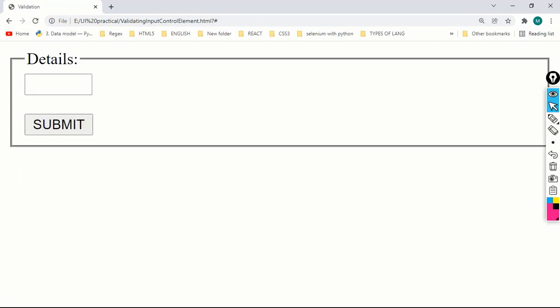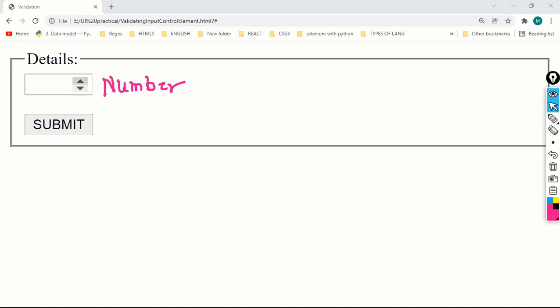Here the input control element is of what type? See, it is of number type. So here when I move my cursor on this input control element, it is giving me two arrows, up arrow and down arrow.